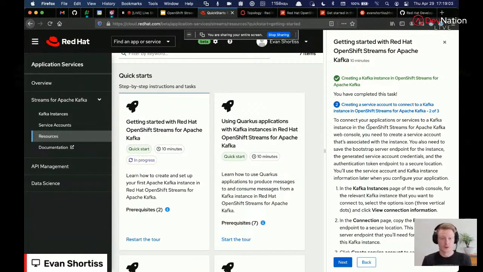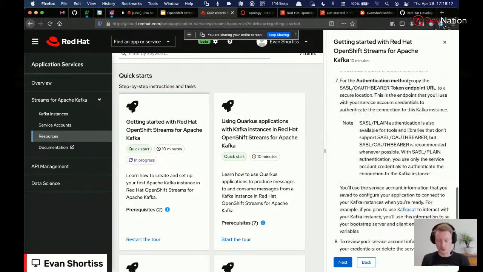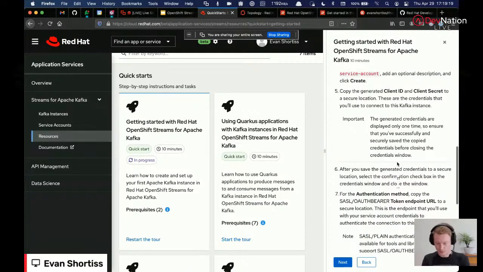So the first thing they ask you to do in this guide is create an instance. Now, I've already done that. As you could see, I had one, the DevNation one that I created earlier. But I haven't done any of the other steps here. So we need to create a service account to connect to Kafka. And we also need, if you go down to the third step,